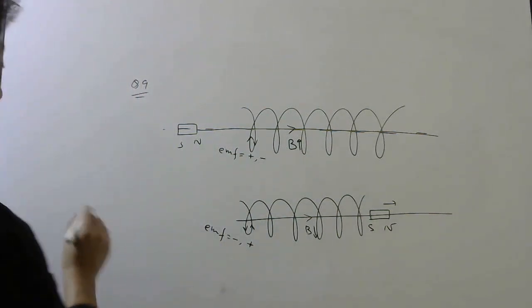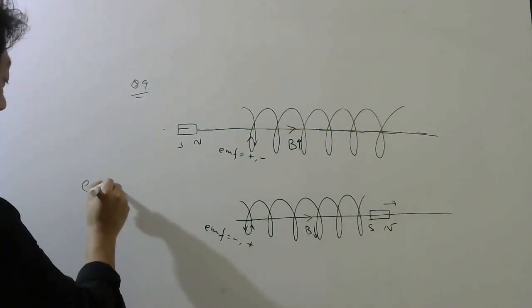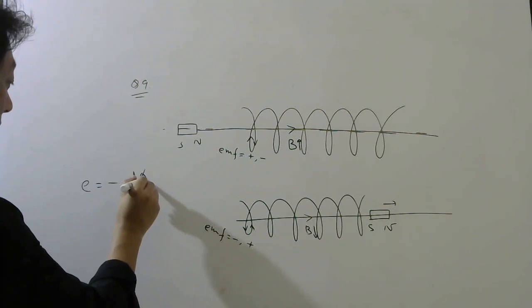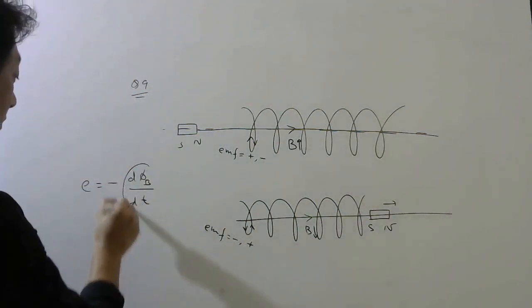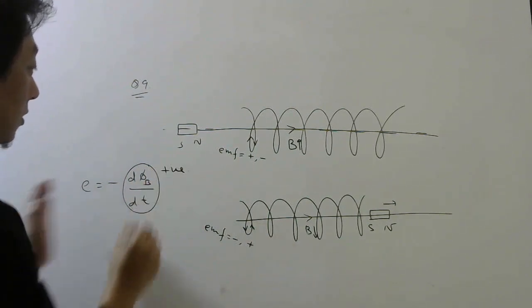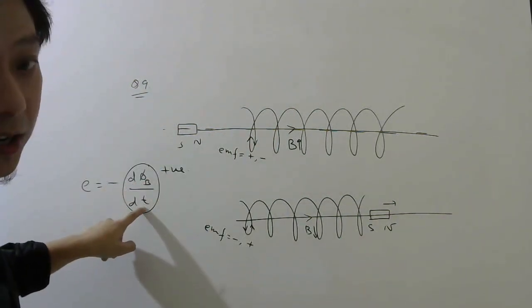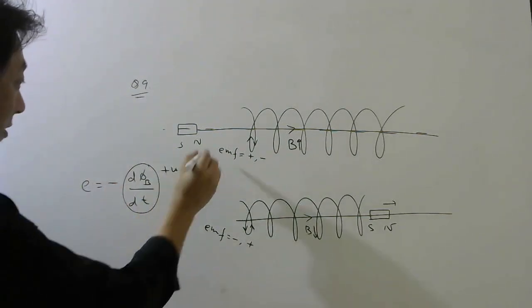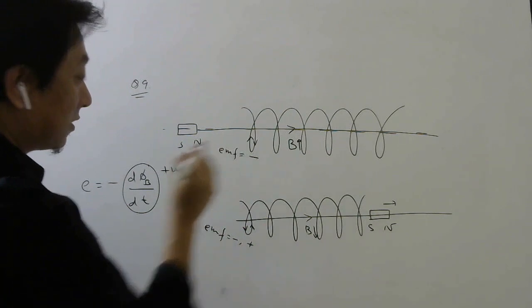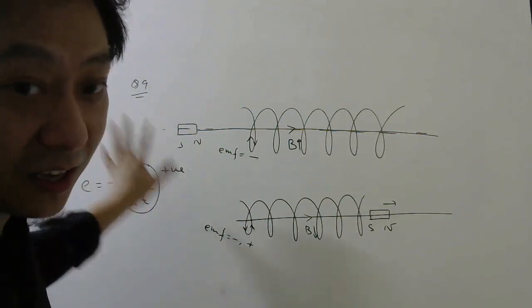Now from Faraday's law, exactly if you want, you have to follow Faraday's law with Lenz's law. E equal to minus d phi B by dt. When it is coming nearer, this is positive, because as it is coming nearer, this y coordinate will increase with x coordinate. So dy by dx should be positive. So this is minus. So EMF here will be negative. Exact sign, if you want, according to Faraday's law combined with Lenz's law.